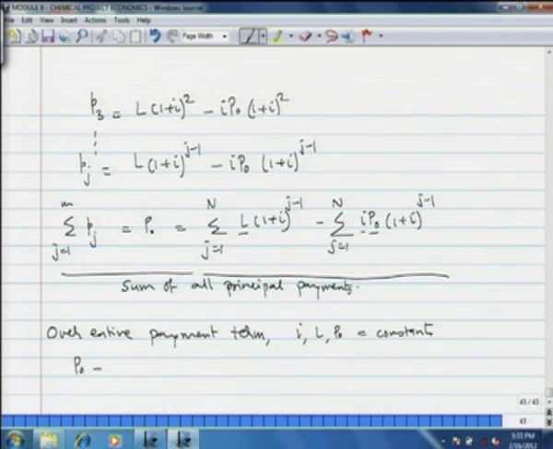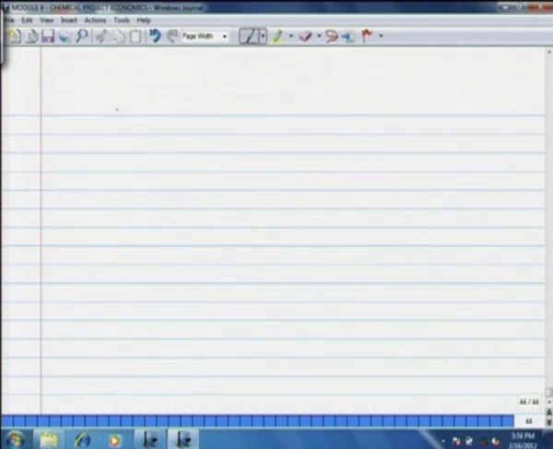Therefore, P0 equal to L into summation j runs from 1 to n of (1 + I)^(j−1) minus I into P0 summation j runs from 1 to n of (1 + I)^(j−1), and then we simplify for L. Solving for L gives